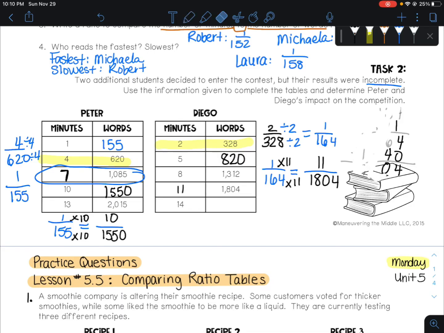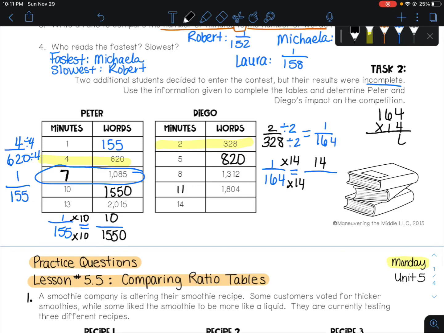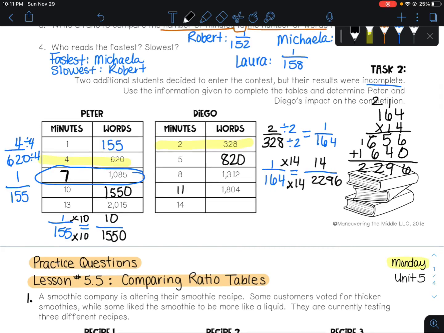Okay, and last one, erase all this. Now, instead of the 1,804, we know that we have 14 minutes. So I matched it with the 1 on the top. This is much easier. 1 times 14 is 14. And then just do the times 14 on the bottom, which I don't know, so I'm going to show the work. 164 times 14, and then add it up. So 2,296